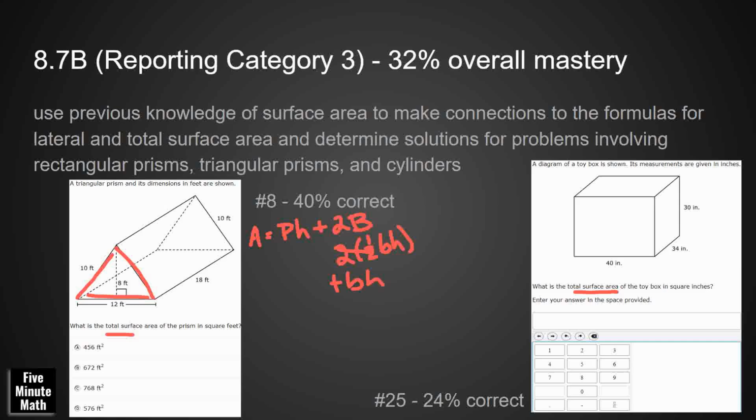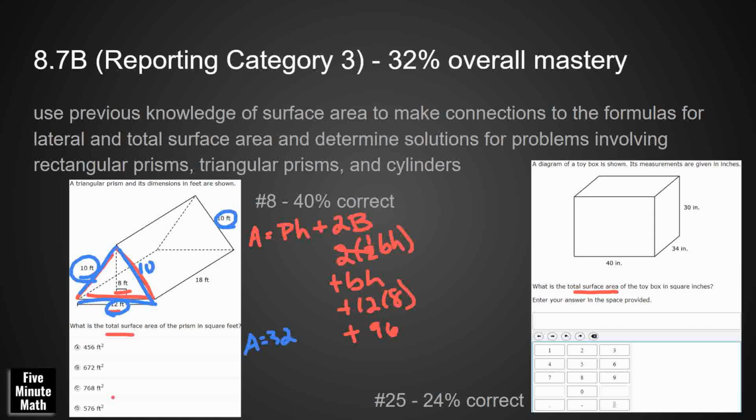That base is 12, right? And the height is 8. So really, we're just adding 96 to whatever we can do with the perimeter. Now, the perimeter means the perimeter of the base. So let's change here. I'm going to do that same area, but this time I'm looking for the perimeter. I'm looking for 10. I need this other 10 right here, and I need that 12. So 10, 10, and 12 is going to be